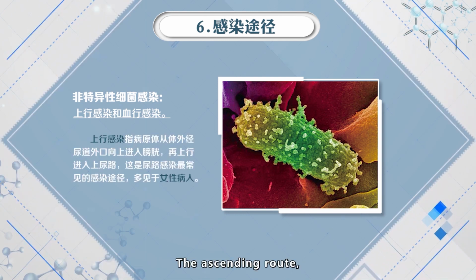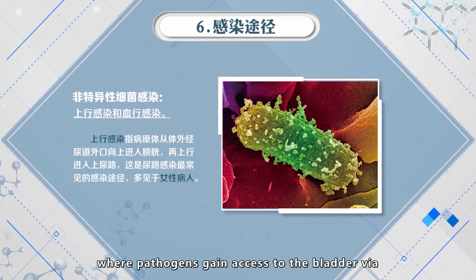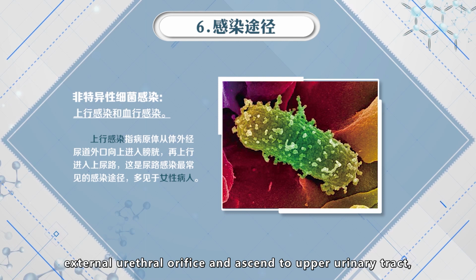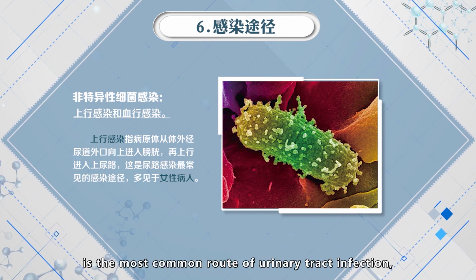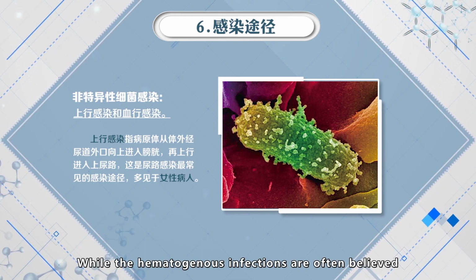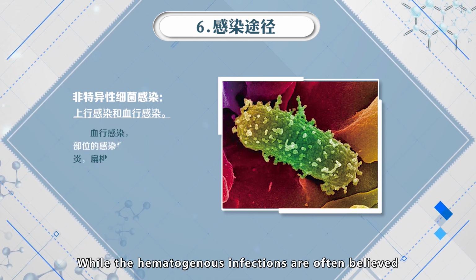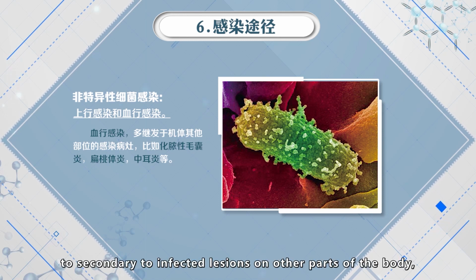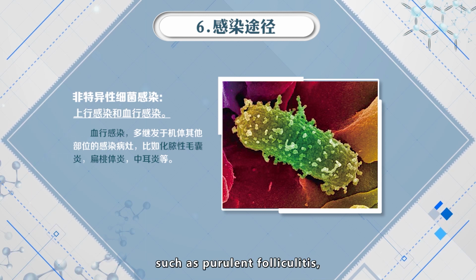The ascending route, where pathogens gain access to the bladder via the external urethral orifice and ascend to the upper urinary tract, is the most common route of urinary tract infection, often in female patients, while the hematogenous infections are often believed to be secondary to infected lesions on other parts of the body, such as purulent folliculitis,